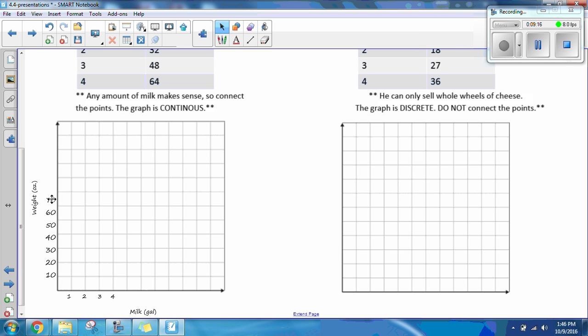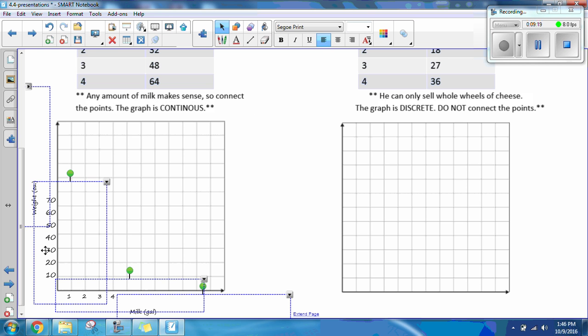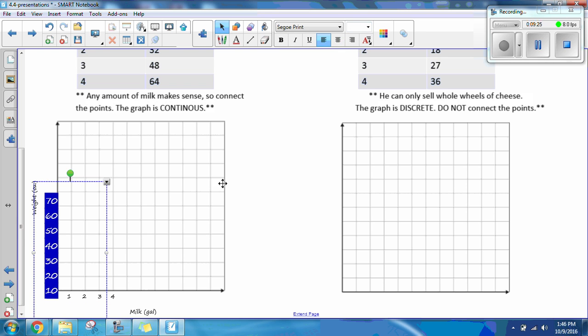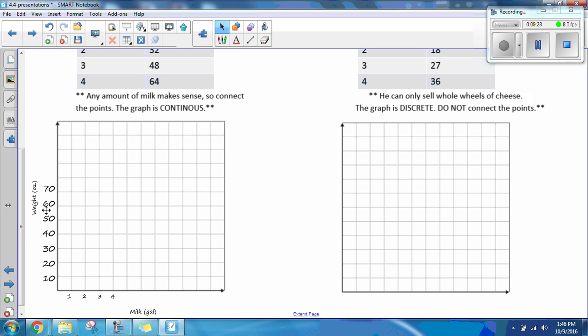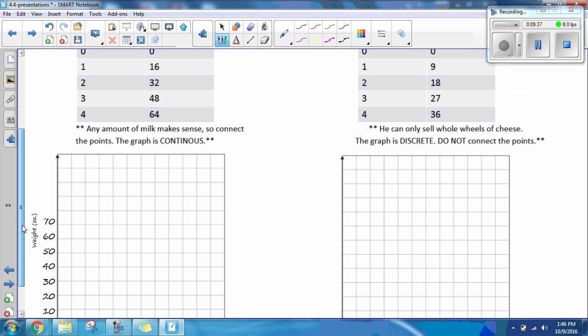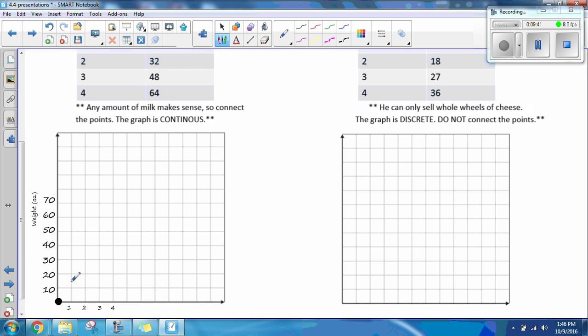Okay, so let's plot our points. Okay, so we have at 0, we'll make 0 ounces of cheese. At 1 gallon, we have about 16 ounces of cheese. 2 gallons, we make 32. 3, we make 48. And at 4, we make 64. Notice this is a continuous graph,